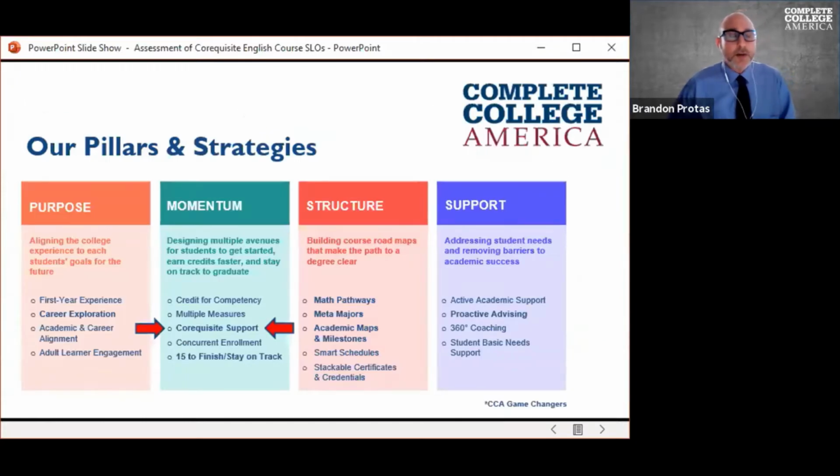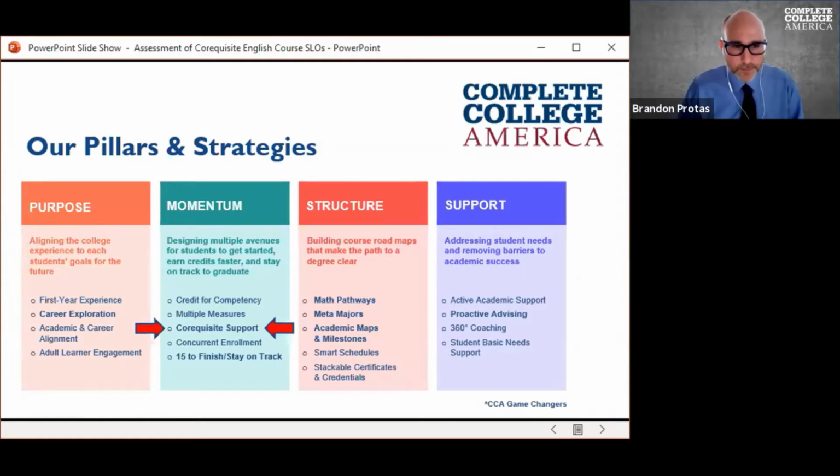Complete College America is known for having game changer strategies, and we've expanded this into 4 pillars. You'll see: purpose, momentum, structure, and support. I'm not going to go through all of them. I do want to point out that co-requisite support, and it's often tied to things like multiple measures, is one of our key strategies. It's been one of our strategies that we've been probably most known for when we first made that call almost